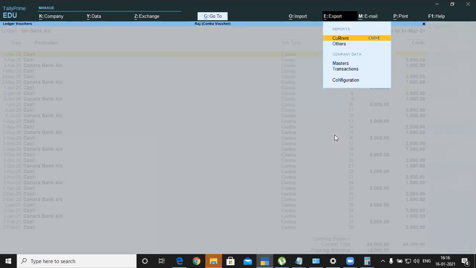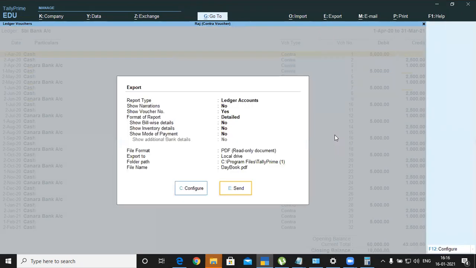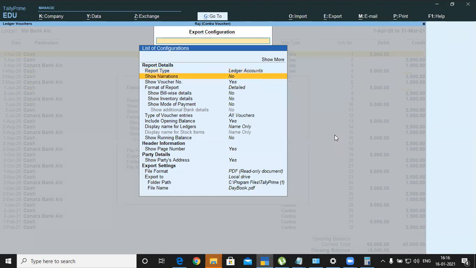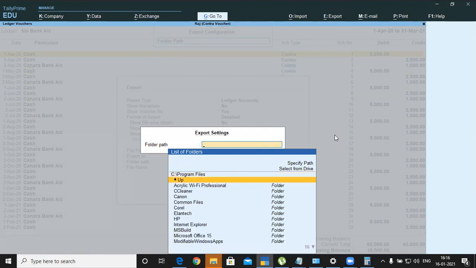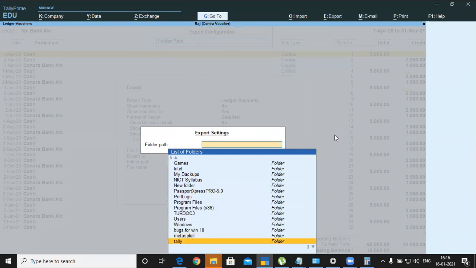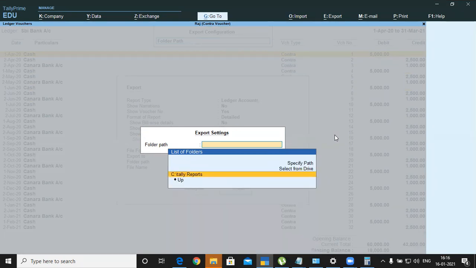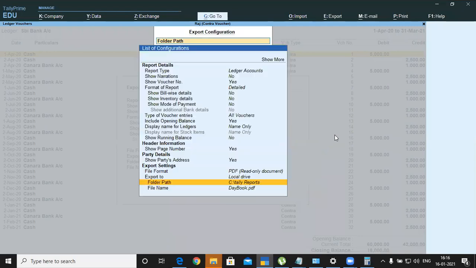Then Alt E, current, and again do configure, go to folder path, select up option, again press up option, then choose tally reports, press enter key, then enter the file name.